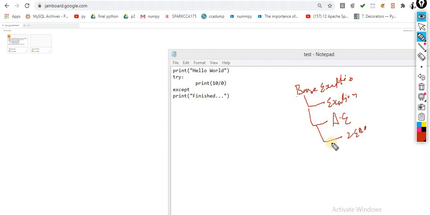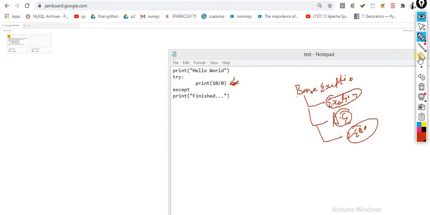So which type of error are the chances here? Zero division is here. But sometimes you don't know what type of error the chances are. At that time you can use this one, the base class, whenever you don't know which type of error is coming. But here we are sure that this type of error can occur, that is the zero division error or arithmetic error. So how are you supposed to handle it?